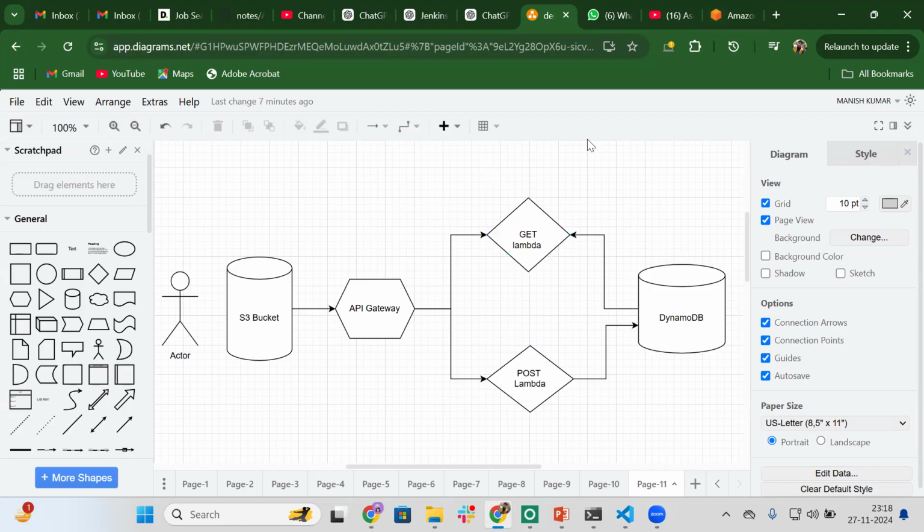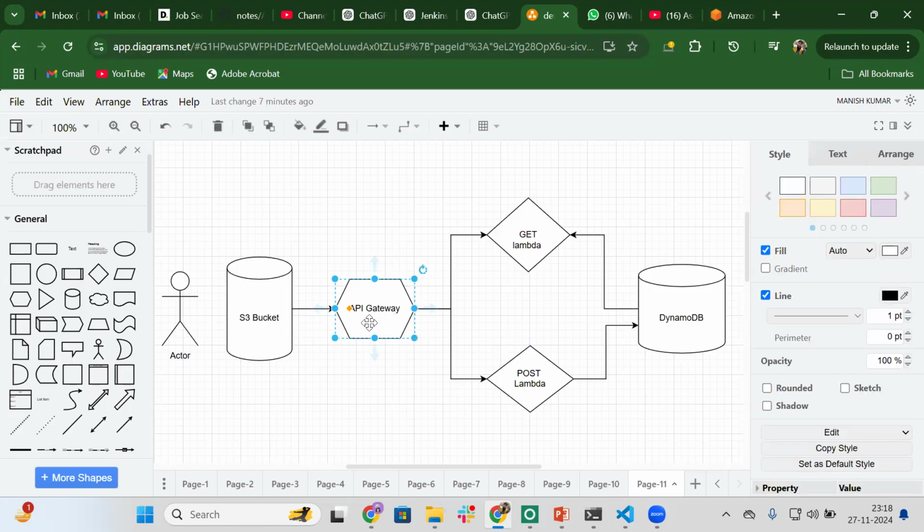All these Lambda functions will be invoked with the help of API gateway. And from where this API gateway will be invoked, we'll be enabling one website within this S3 bucket. So we'll be using the static website hosting concept here as well. And then there will be a user, of course, which can be your browser, URLs, and all those kinds of things. So we will be hosting a website in the S3 bucket, and within this S3 bucket, we will be getting